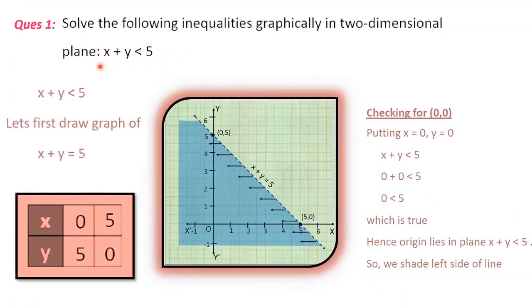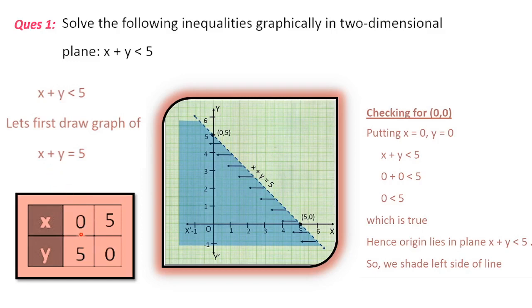Question number 1. Here x + y < 5. Very simple. Let's consider it as the linear equation in two variables x + y = 5. Make a solution table. I would suggest you at least take 2 to 3 points. Students, you have already made a lot of graphs. You have plotted these linear equations on the graph in class 9th and in class 10th as well. So it would be better if you take 3 points, but if you are able to make a proper straight line by taking 2 points also, then it is fine.